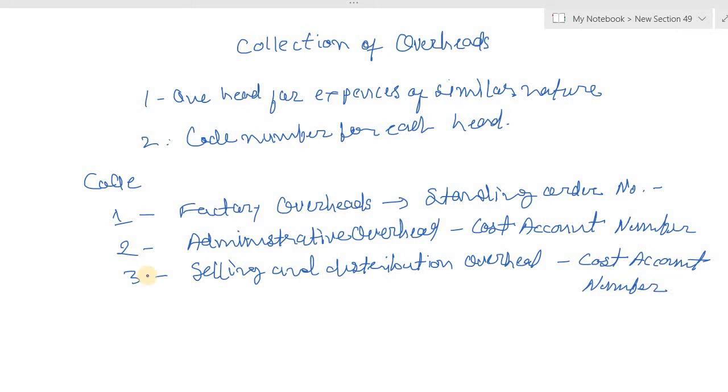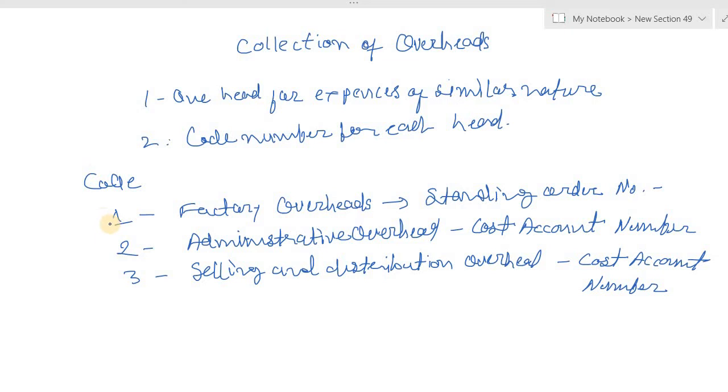Under each of these main heads, some number of subheads can be maintained. Code number of any subhead should also indicate the main head. Giving the subhead a code number in two places of decimal is useful in the sense that up to 99 subheads can be collected under the main head. If the organization classifies the overheads on a functional basis, some samples are here.